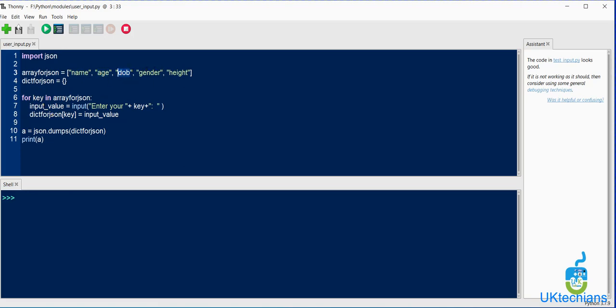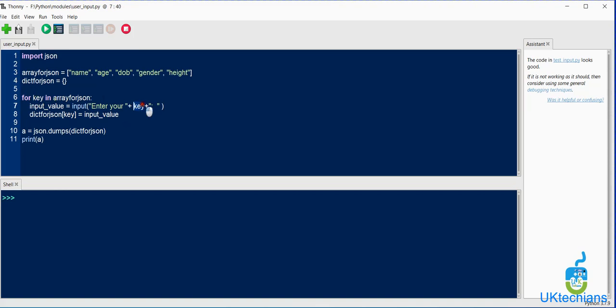So it will generate values by using user input, right? Whenever I enter a value, like entering the name, it will be stored in this variable, and then this variable will be stored using this key, right?